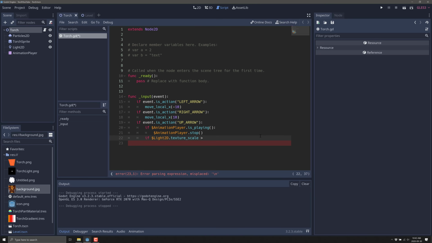So I don't want to get any, so less than, let's say 13. All right, we'll make sure that works. Then we're just going to go ahead and set light 2D.texture_scale, and then with some joyous copy and paste, plus equals 0.2. So we're just going to grow this in size.